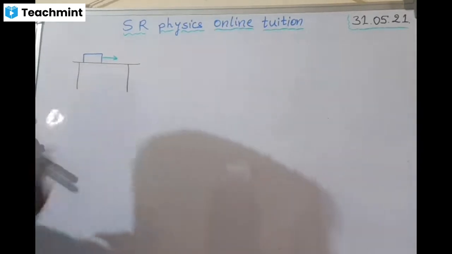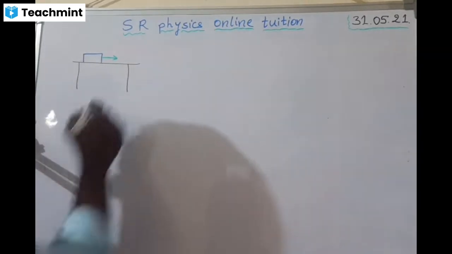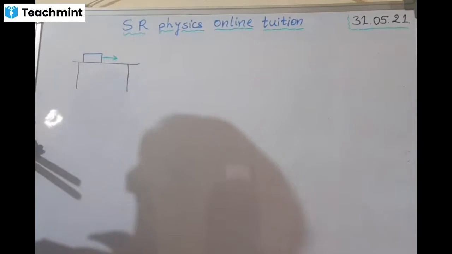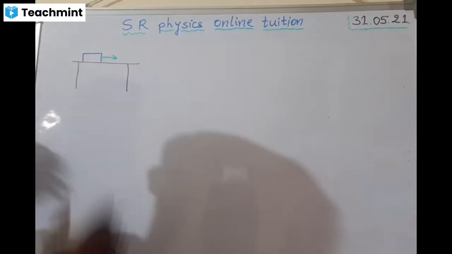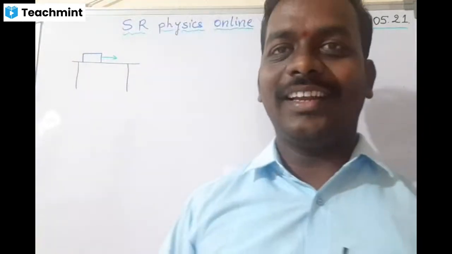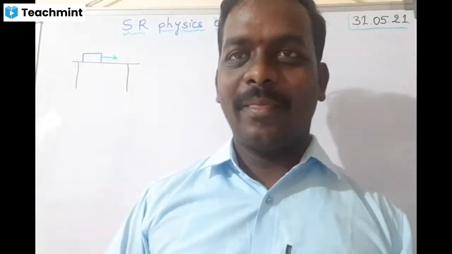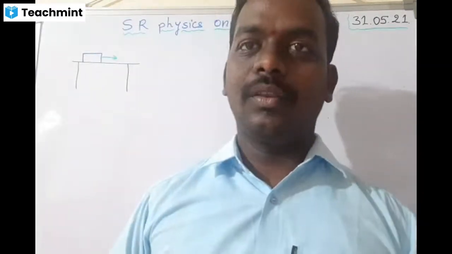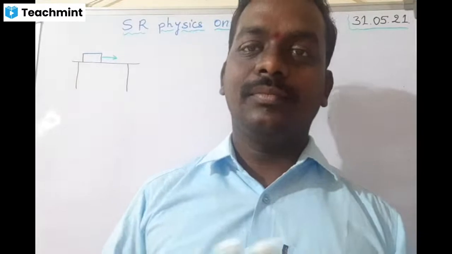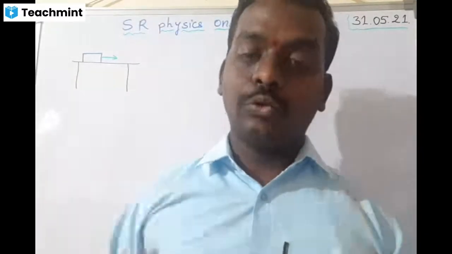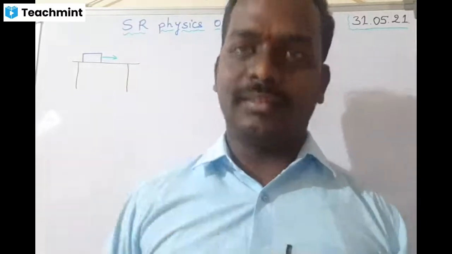See, while he is trying to move it in this particular direction, he has to pull it in this direction, isn't it? He is pulling it in this direction. Pushing and pulling, these two terms will make us a lot of confusion. Pull in the sense we have to make it move towards ourselves. Pushing in the sense we have to make that object move away from our place.